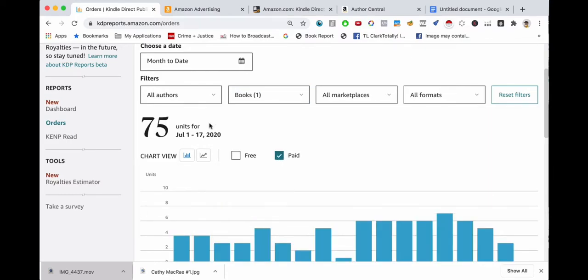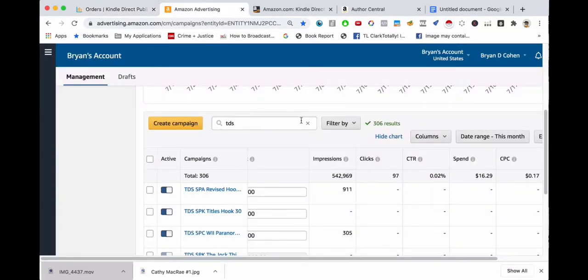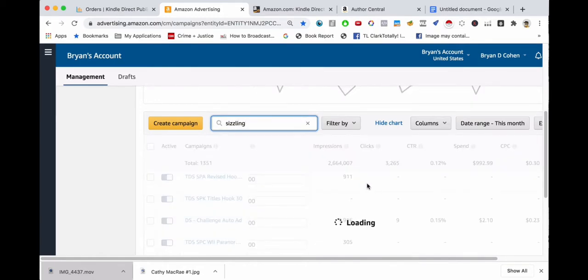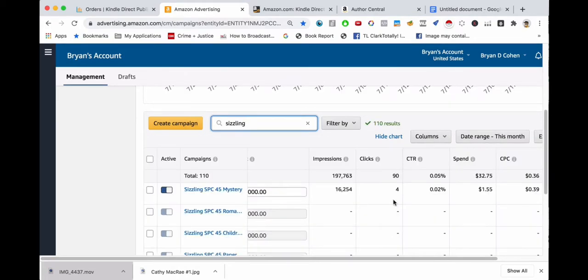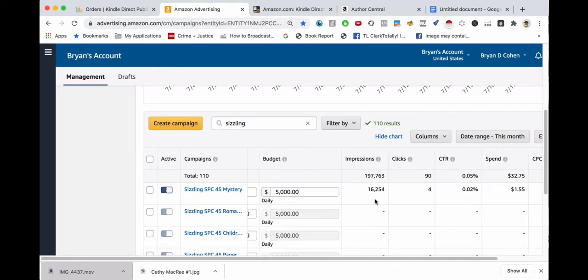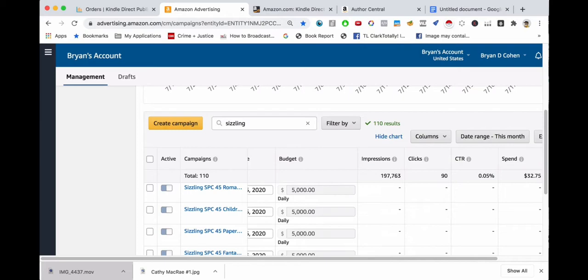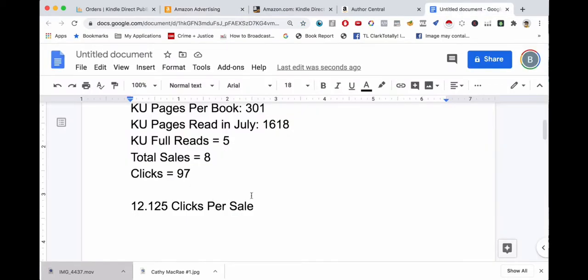We had 75 units this month. And if we were going to do Sizzling here, we can see that we had 90 clicks. So it looks like we just had 90, and it looks like some actually sadly expired, but 90 clicks. So Sizzling Synopsis,